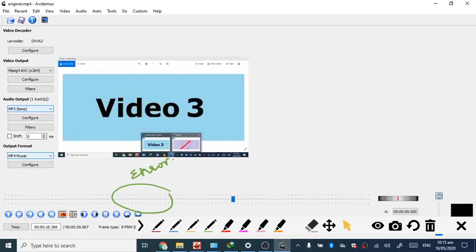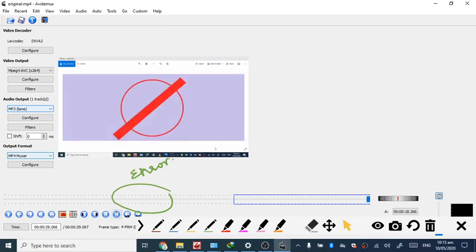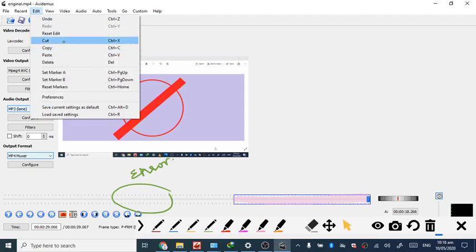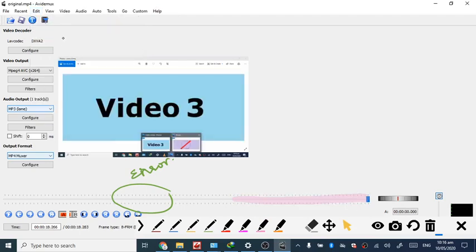This is the point where transition started, so we can leave the marker B, as we know that it is till the end. So we took the cursor to the end and mark B. So this portion is again selected, and with marker A from the start to marker B to the end, and now we are going to cut this portion. Now our video editing has completed.